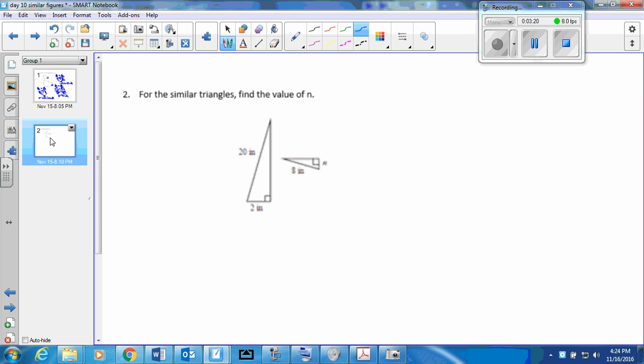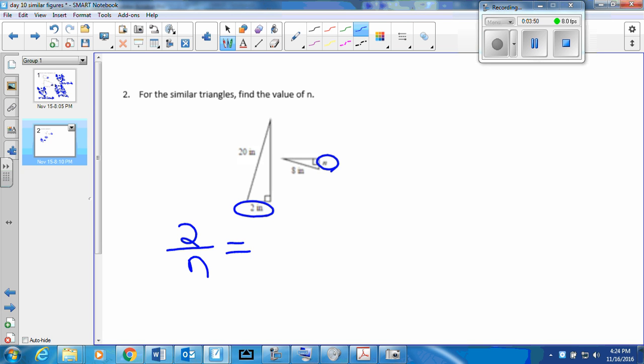Looking at our next example, a little harder because the shapes aren't oriented the same way. So for the similar triangles, find the value of n. I like to look at corresponding sides. So if I look at my first figure, the 2-inch side corresponds with the side labeled n because it's part of the right angle. So one of my ratios would be 2 over n equals,